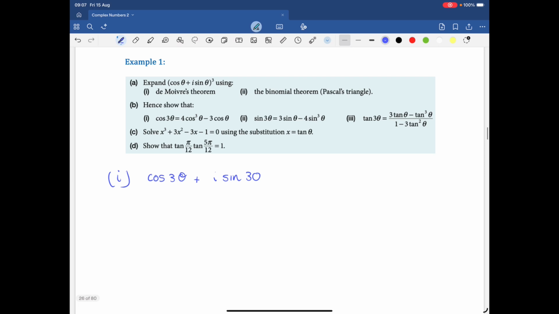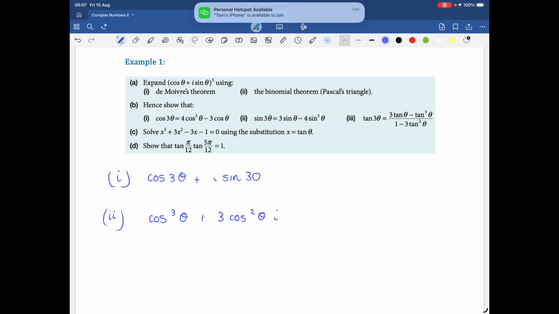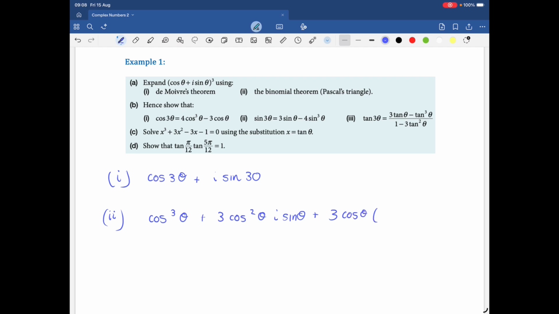However, if we were to use the binomial theorem or Pascal's triangle, we know it would be 3 choose 0 times cos cubed θ, plus 3 choose 1, which is 3, times cos squared θ, i sin θ, plus 3 choose 2, which is 3, cos θ, (i sin θ) squared, plus (i sin θ) cubed, 3 choose 3 is 1. And if we have a go at simplifying this, we've got cos cubed θ